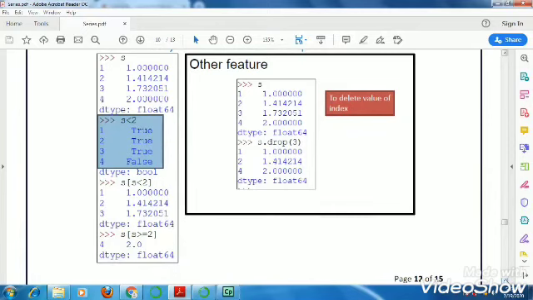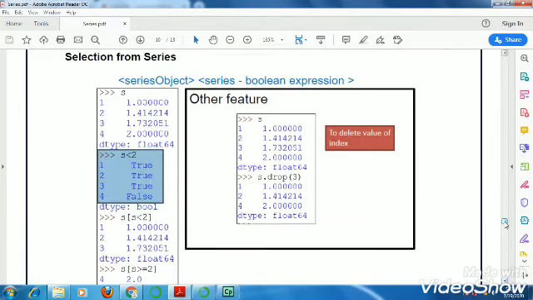Now one more thing, suppose in our series I want to display some contents after removing some rows. So how do you remove?